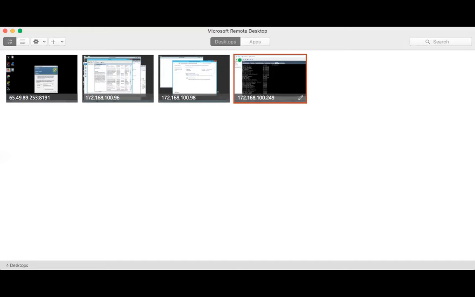Let me try from this. So SSH 172.168.100.249. Network connection refused. So it seems